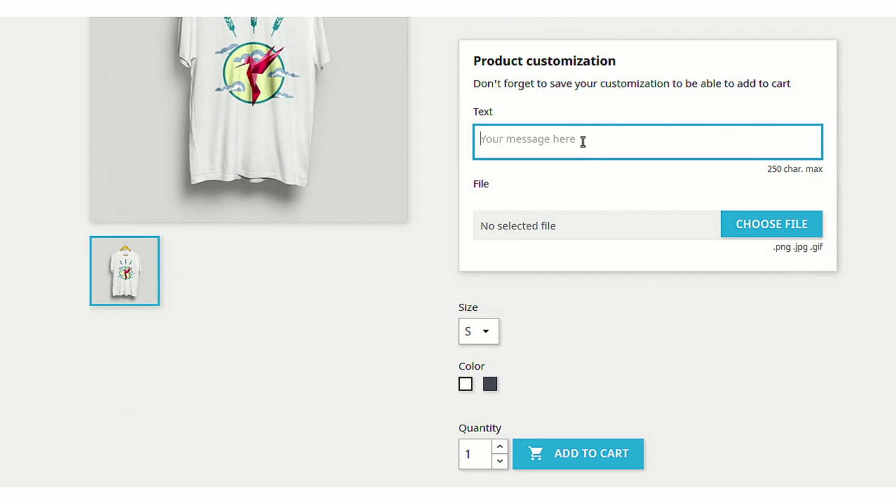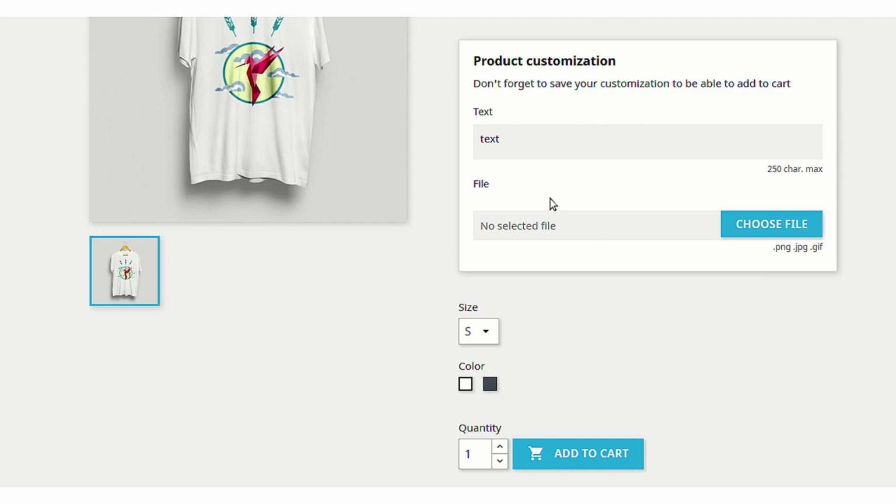we can choose to add the product without entering any data in the field. However, let's just add something into this field to show you how we can choose to add the product along with the customization data without saving the customization first.